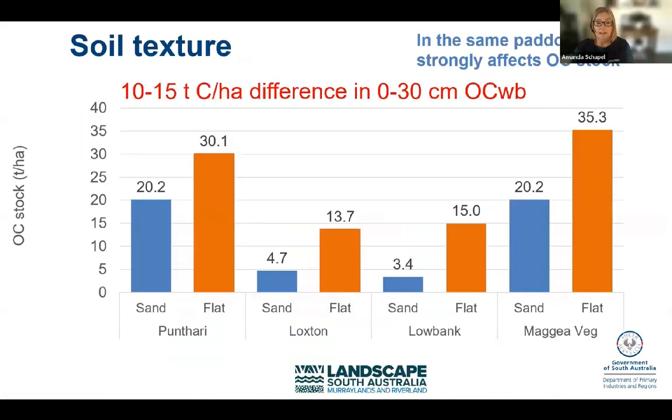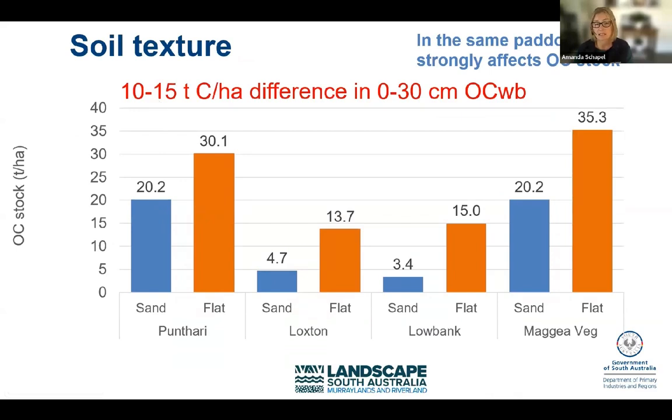Utilising data from the area, the biggest impact that we're noticing when we're measuring carbon stocks in that 0 to 30 centimetres is the difference between those soil textures. So separate your areas. If we're looking at sands on a mid-slope or the loams on the flats, regardless of whether we're in the northern Mallee, southern Mallee, upper southeast, or across Eyre Peninsula, we get roughly a 10 to 15 tonne carbon difference.